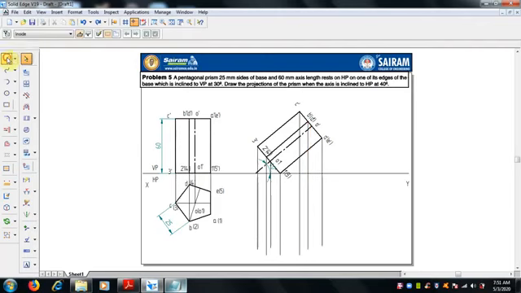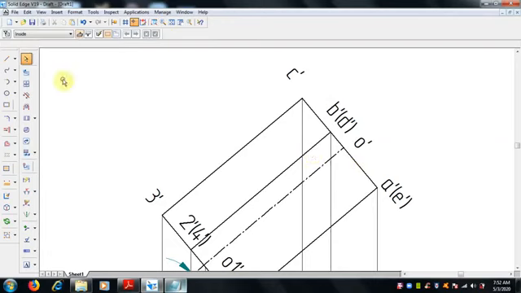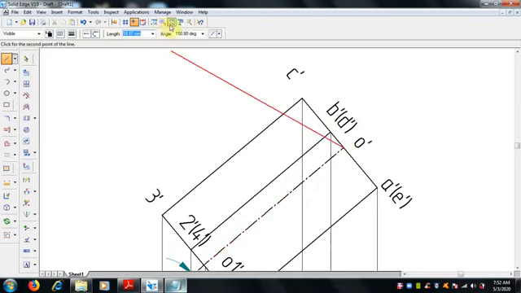Select the end point or intersection point, or zoom it. We have to select this axis end point. Okay, so be careful while selecting.